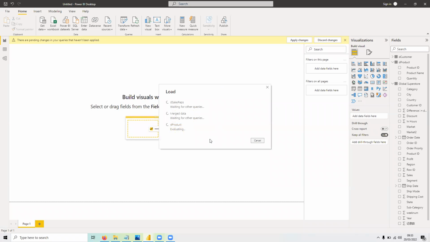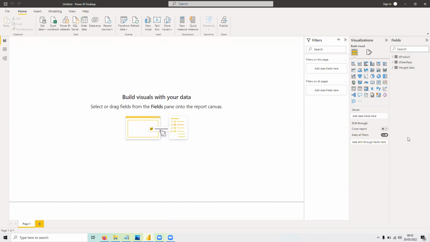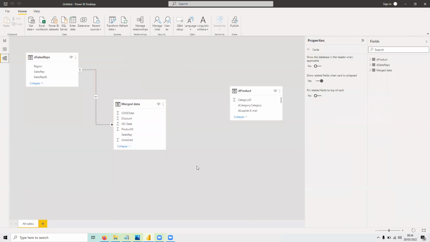All right, so you can see that the 3 tables coming in are just the sales rep, merged data, and the product. We have disabled the other ones, so they won't come in with our data. You can see the former table global superstore will be deleted because we've deleted it from Power Query, so it affects it here as well. If you go to your modeling now,